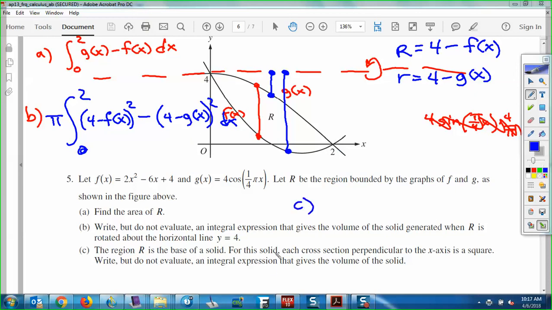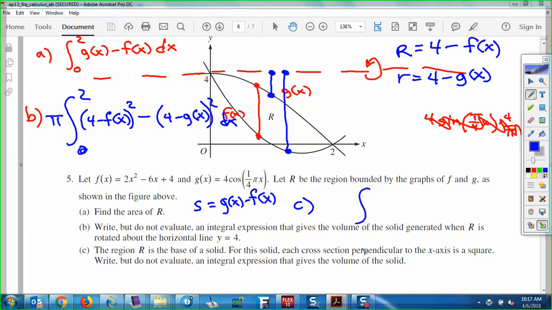Part C. The region R is the base. Each cross section perpendicular is a square. Now the red strip is important. The red strip is a square coming up off the page. That's the picture we were just looking at a little bit ago. The red strip is one side of the square. So I would write down S equals, for my red strip, g of x minus f of x,